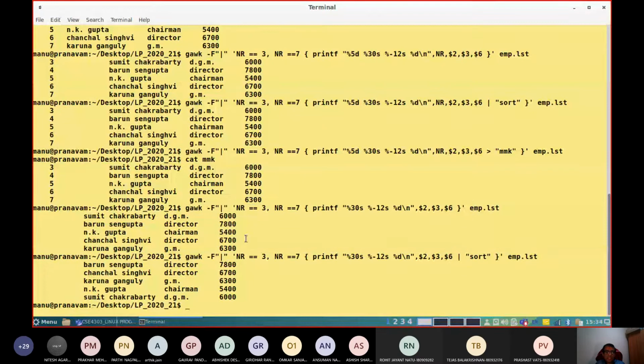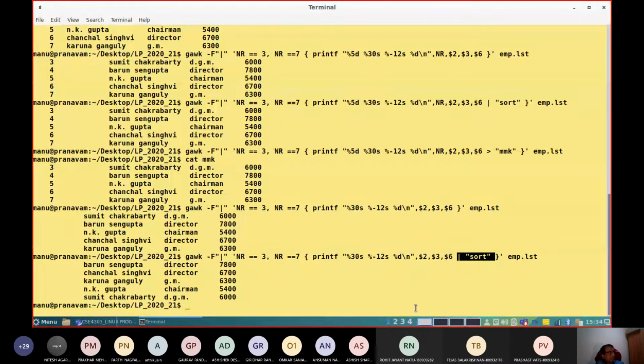So it is fine. Now I modified that same code, and I sent it to another program called sort. Sort is a command which will sort all the data available to it, because now the input data is line numbers 3, 4, 5, 6, 7. That is given as an input to, look into this symbol, the command sort.